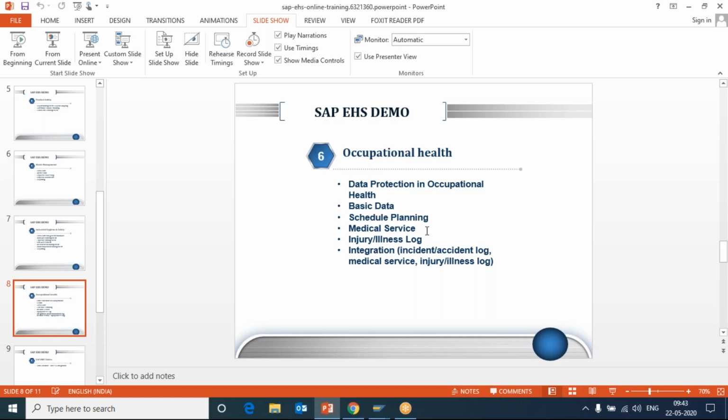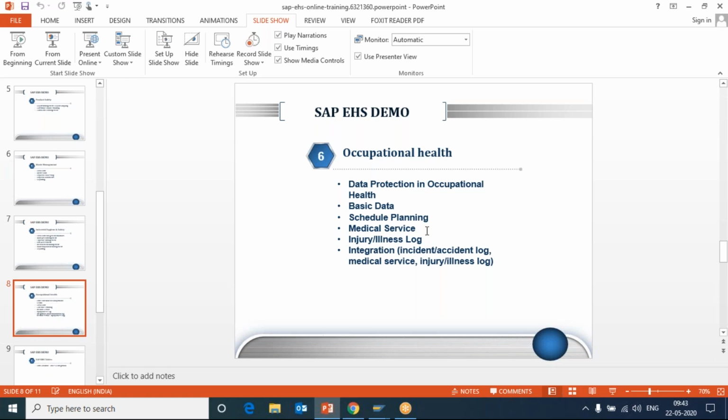A lot of companies would have medical services on premise. On premise, they will have clinics. So if there is any complaint or health issue for any employee, the first point of contact would be the on-site clinic. Once the employee goes to the on-site doctor, he'll be treated there either for first aid or some health related issues. Then that data will be captured by the doctor.